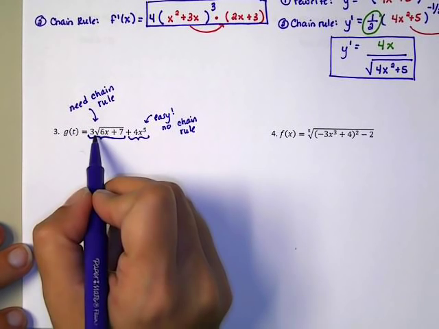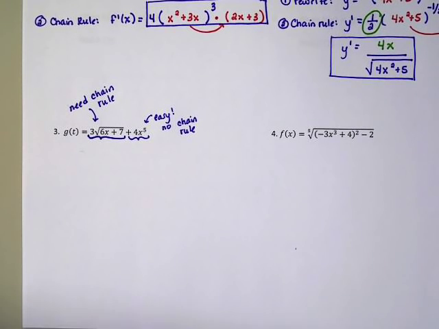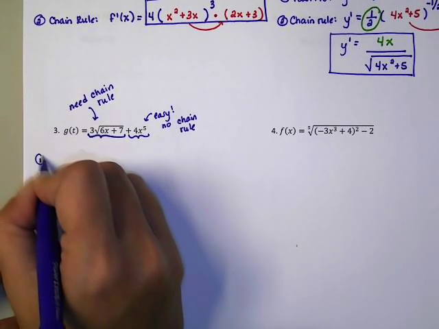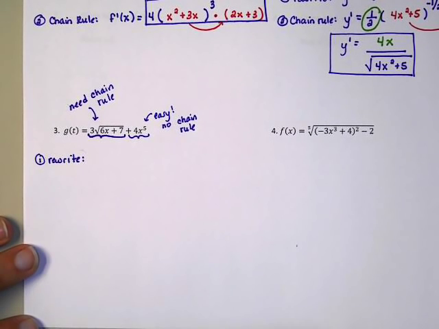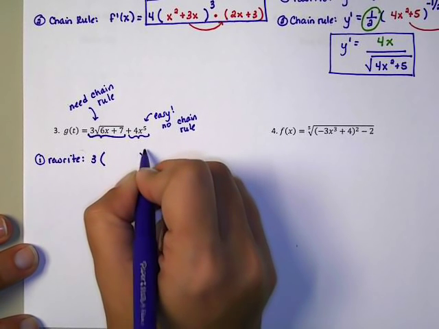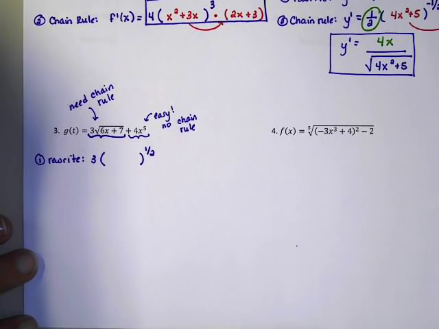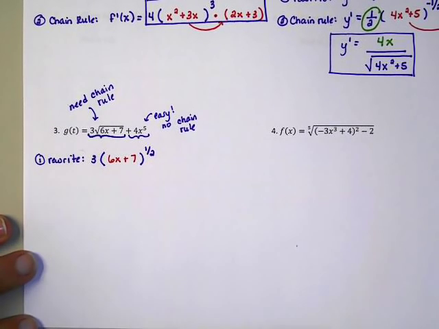Because in this one we have a square root, but on the inside there's a whole other function, 6x plus 7. So the first thing I'm going to do is I'm going to rewrite this in a way that allows me to see how to use chain rule. So I'm going to rewrite this as 3 and then something to the 1/2 power, because I know a square root is really something to the 1/2 power. And what's inside there is 6x plus 7